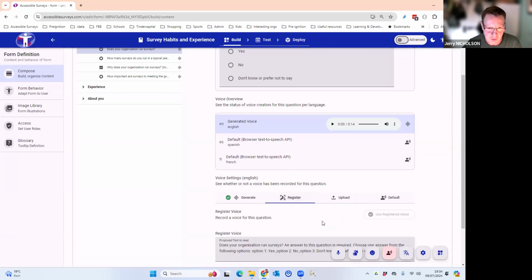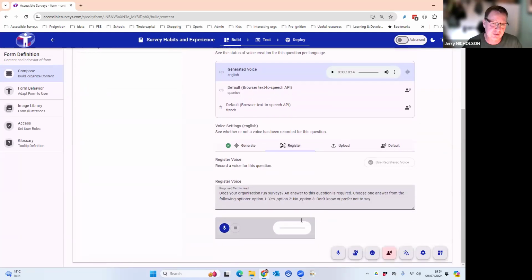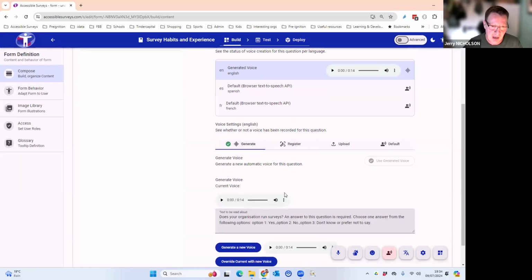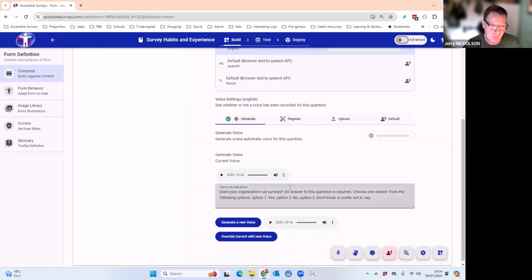There's the ability to record your own voice, or under generate, this is where you can use the AI provided voice, and you can also edit the text that is read aloud here if you want that to be slightly different from the question as it's precisely written.